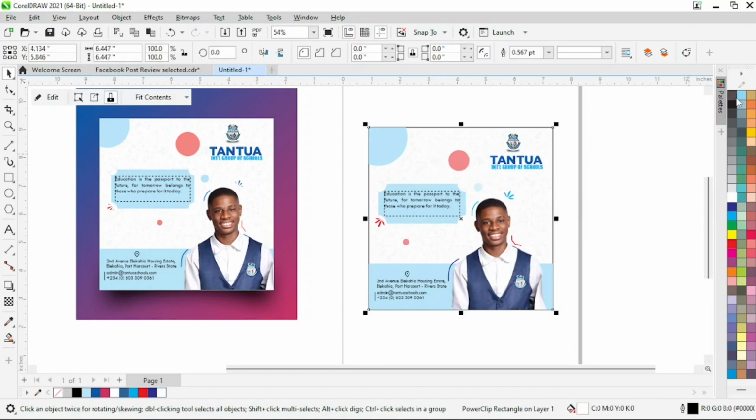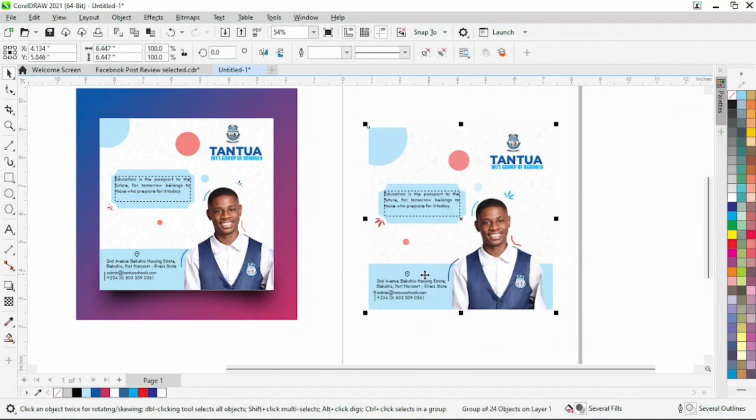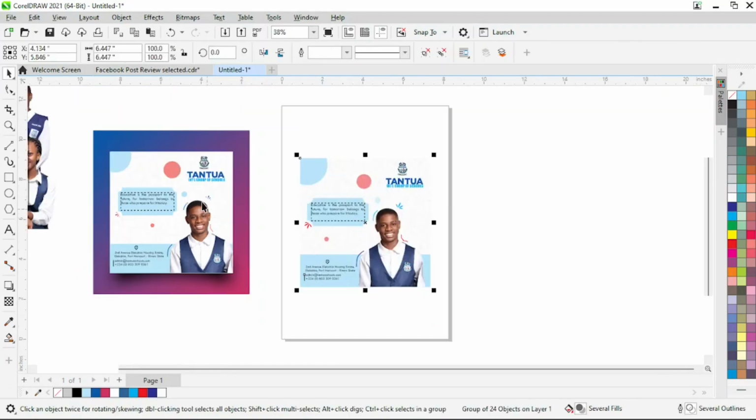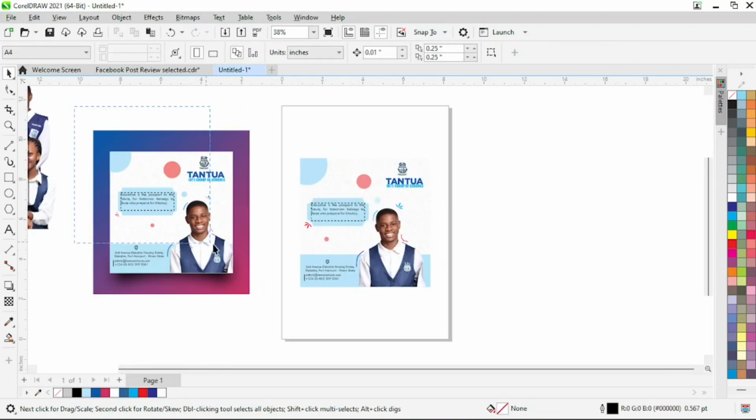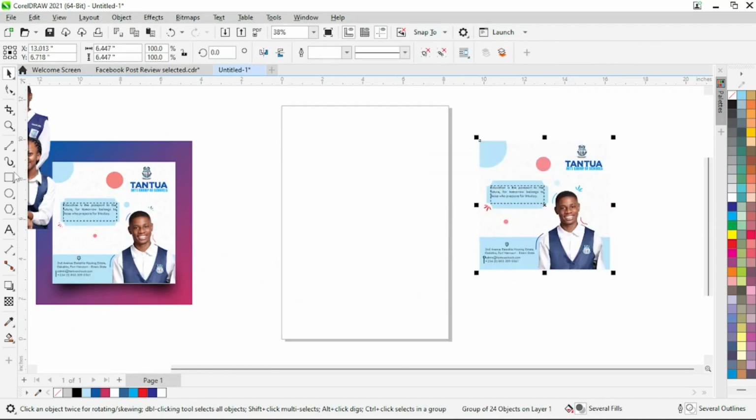I can now remove the outline, group that, and then put that in. Just see how I created this. I can just put that here. When this is grouped, I'll take it away. I'll create a